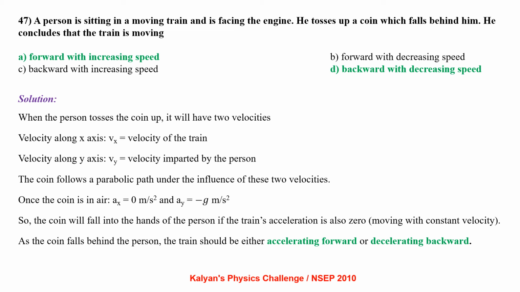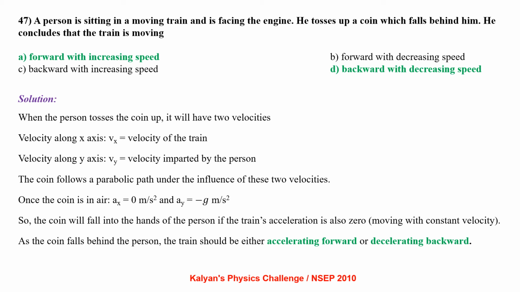Velocity along the x-axis is the velocity of the train. Velocity along the y-axis is the velocity imparted by the person. The coin follows a parabolic path under the influence of these two velocities. Once the coin is in air, acceleration in the horizontal direction is 0 and acceleration in the vertical direction is minus g meter per second square. So the coin will fall into the hands of the person